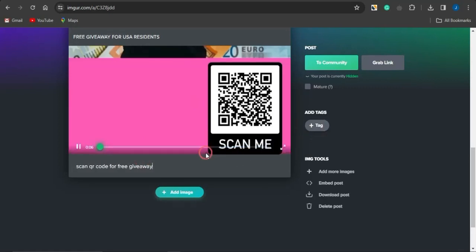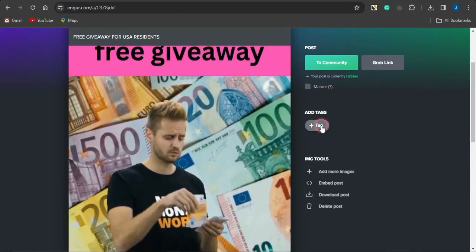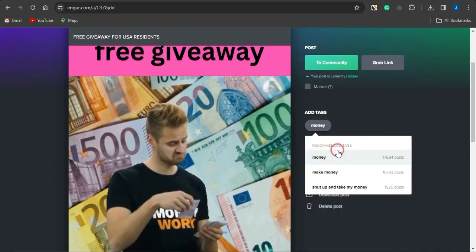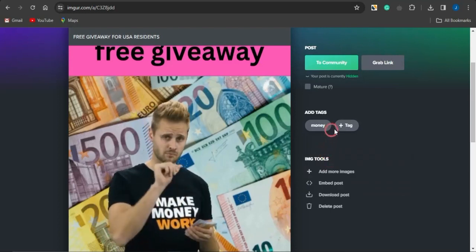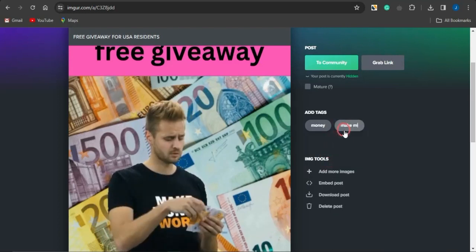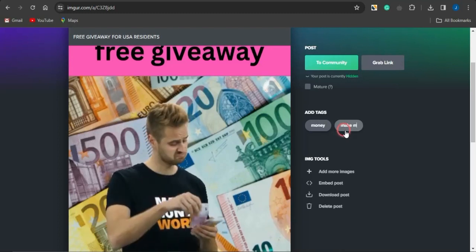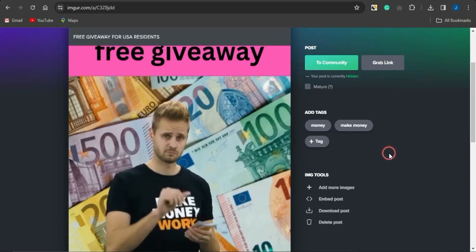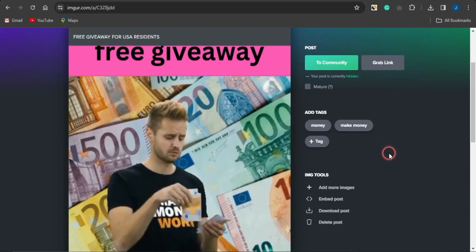So if you do put in a text like this, you also want to just simply go on to add in tags right here like money. So if I just add tags like money right here, you can see I could also go on to add in more tags related to this like make money. So if I do go on to typing in make money, you can see right here this actually has a lot of posts, and a lot of tags that are actually related to this before going on to posting